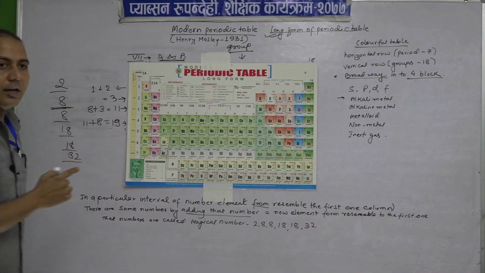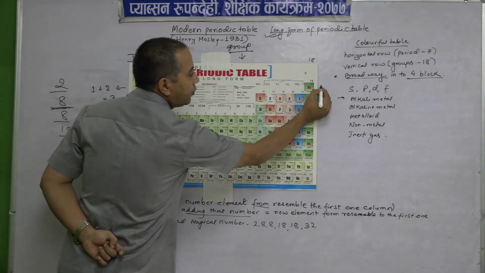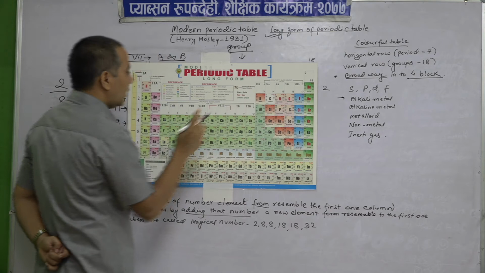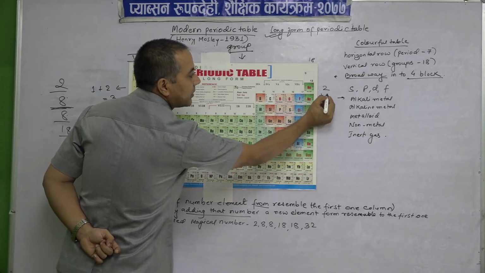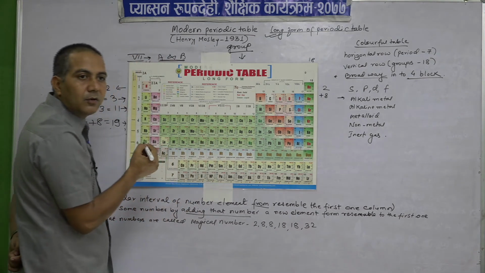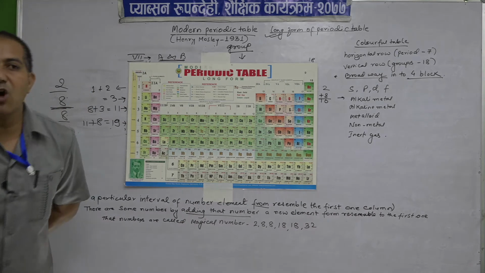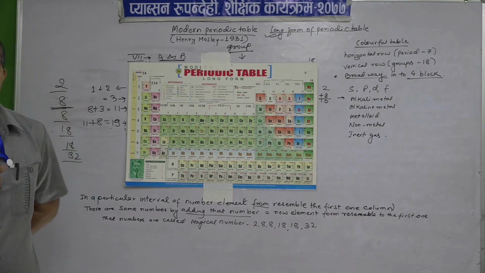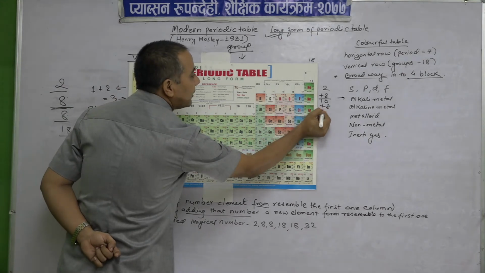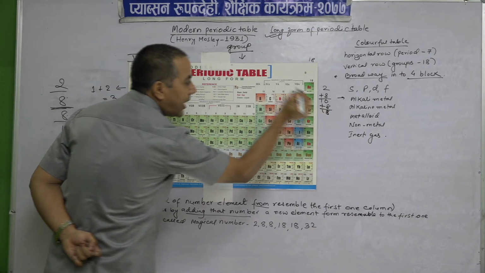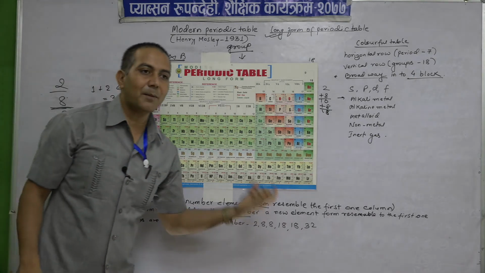Likewise, not only here, here also, what is the atomic number? 2, helium 2. Then it is in the second group. So, 2 plus 8, how much? 10. 10 is the atomic number of neon. And if we add again 8, there will be 18. 18 is the atomic number of argon. So, that's why it is called the magical number.